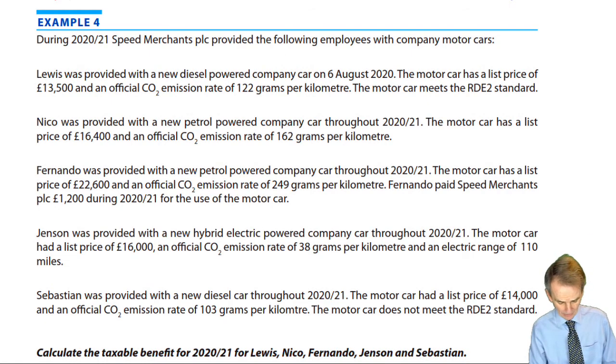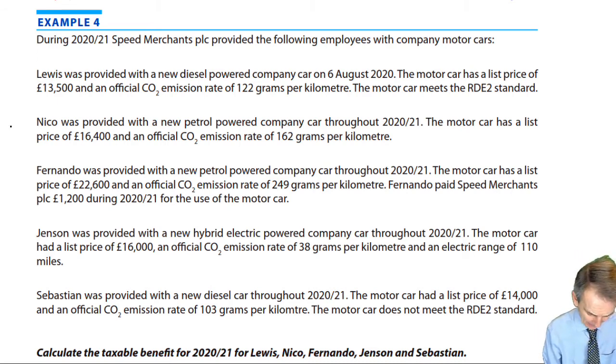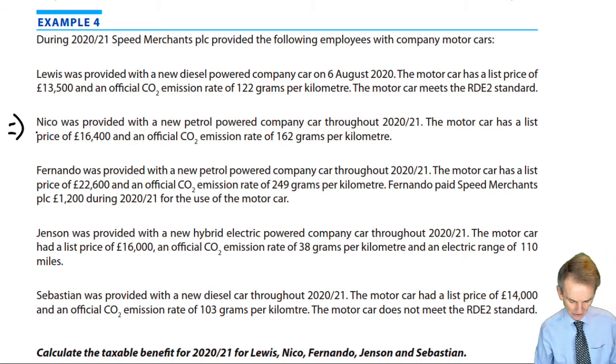Okay, let's have a look at example 4. Now, we're going to go slightly out of order here, and I'll take you through this first one, Nico. Let's pick on that one. We'll come back to Lewis in a moment's time, but Nico was provided with, now, the information